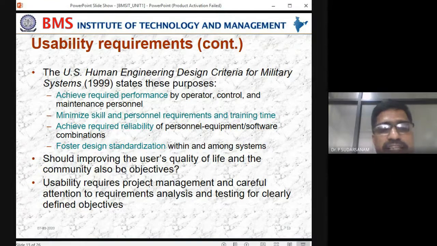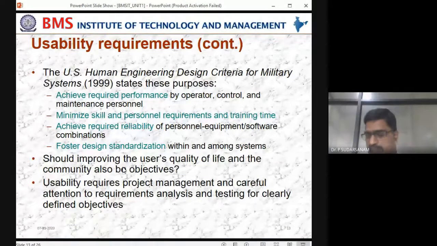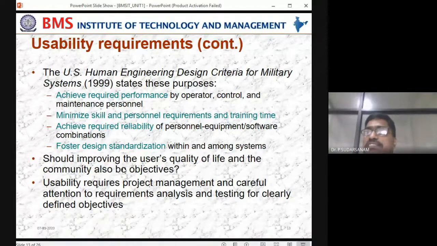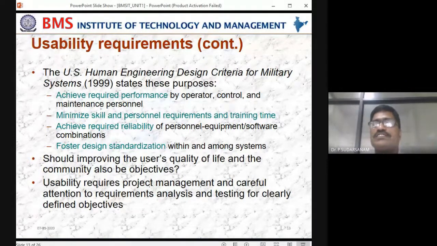Similarly here also, with respect to the military and the UID, whenever they give modern equipment, they should give clear instructions and should have done the testing properly beforehand, and project management also. How to utilize it, when to start, all those things they should give as clear instructions before delivering the item. That is what the usability requirements are.